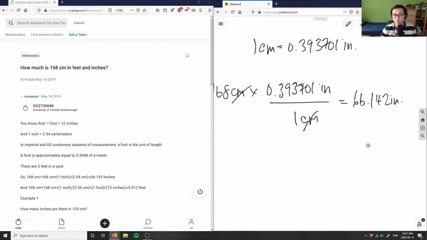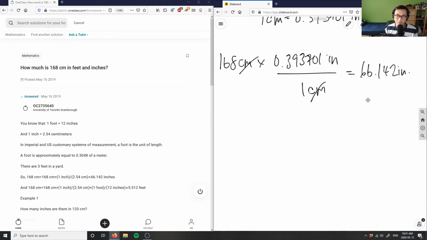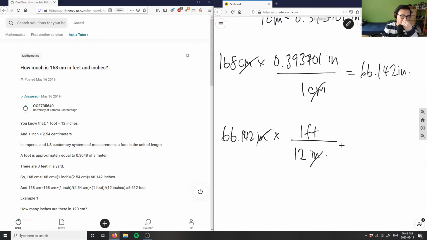And then finally, I want feet and inches, so now I'm totally in the imperial system. I can convert this into feet and inches as well. I have 66.142 inches, and I know there are 12 inches in a foot, right? So in 1 foot, there are 12 inches. These units cancel out, so I simply divide. 66.142 divided by 12 will give me a value of